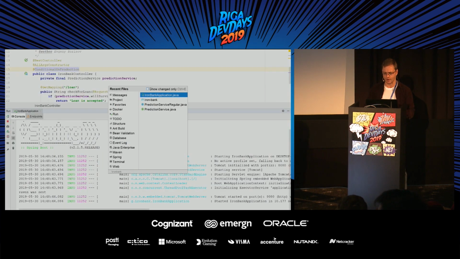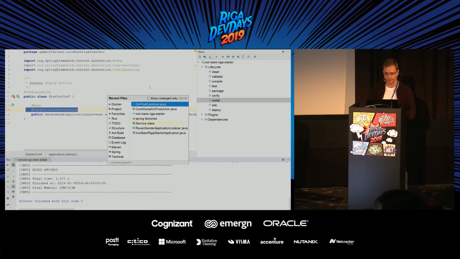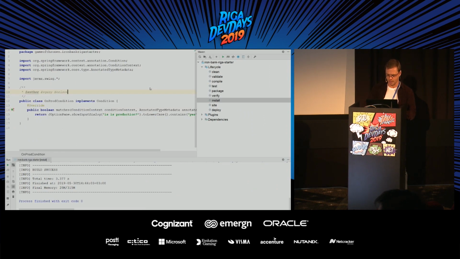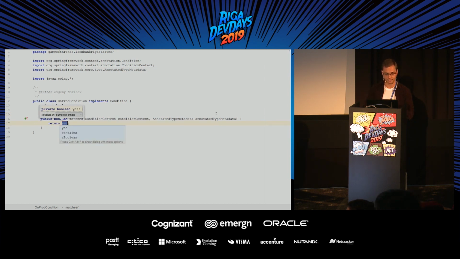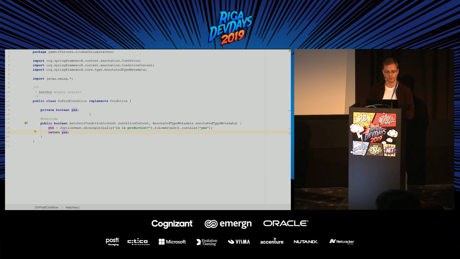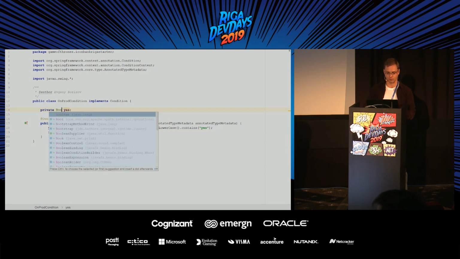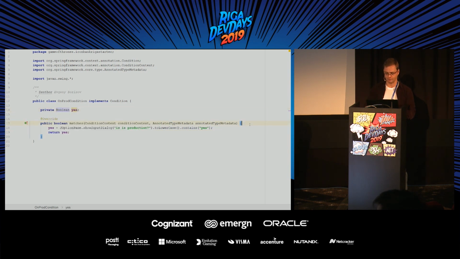Cache will be very simple, right? We will go back to our starter. We will find the code of this condition. And now I just want to extract it to some variable, the answer, right? I'll control C, something like this. Okay, so it will be Boolean. Okay, it should be an object. And I want to say if